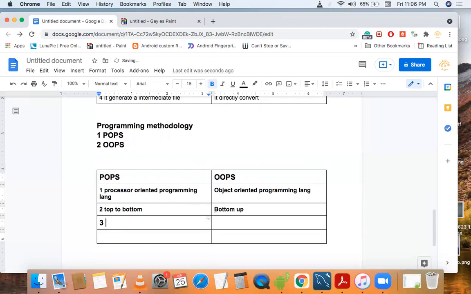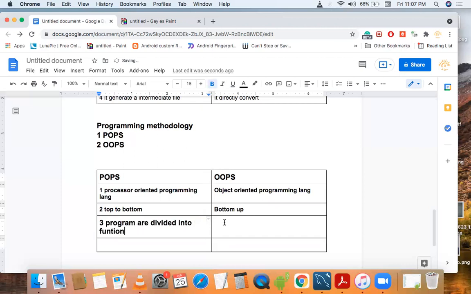The third difference is that in procedure oriented programming, the program is divided into units called functions, and in OOPS, the program is divided into objects.